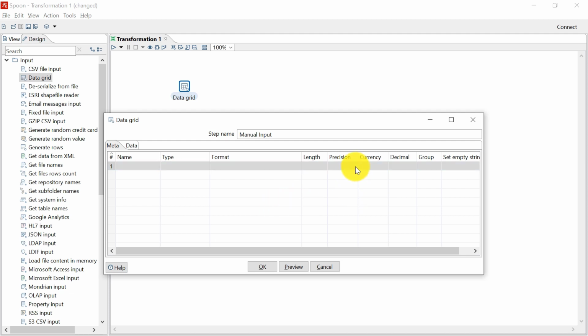Length is used to specify the maximum length of the field. Precision is only for numeric fields. It is used to specify the precision digits. Currency is used to specify the symbol for the currency, such as dollar or euro or rupee. Decimal is used to specify the decimal symbol. Usually it is a dot, but sometimes we see comma also.